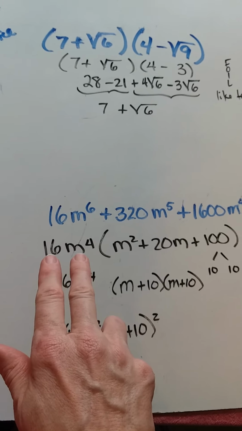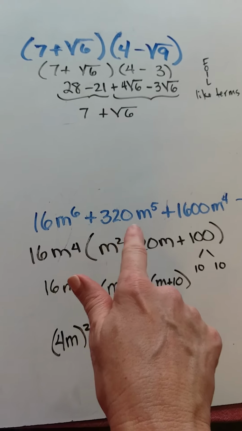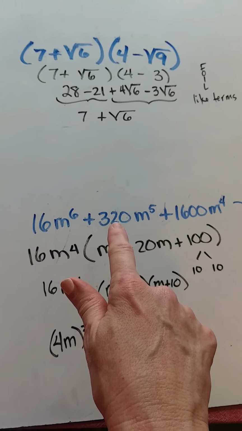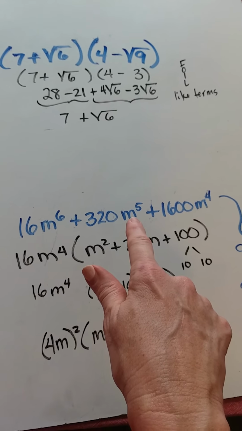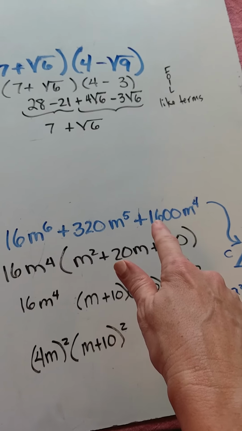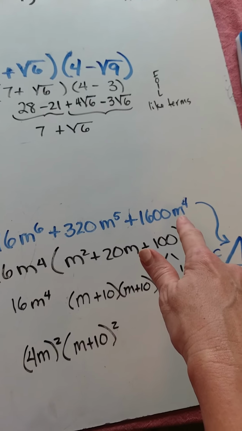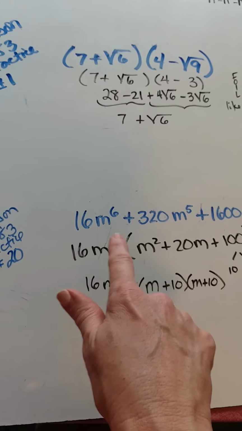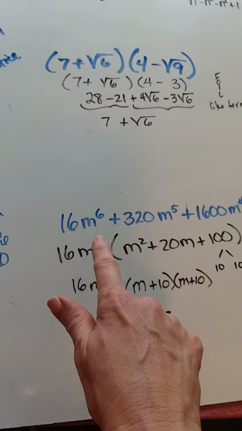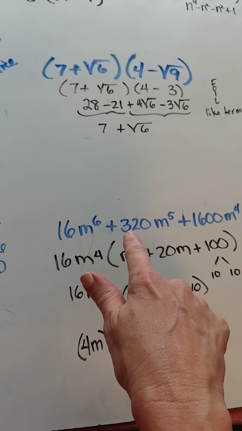So see how we have 16m to the 4th here. This is divisible by 16, and there's m to the 4 hidden in that m to the 5th. And again, we have 16 times 100 is going to be 1600, and we have m to the 4th right here. So once we factor out 16m to the 4th, what we're left with is m to the 2nd and